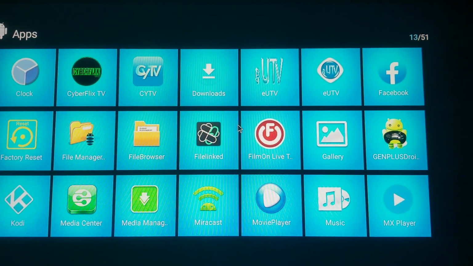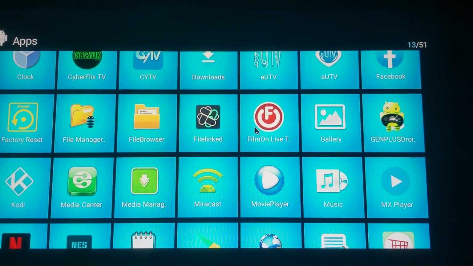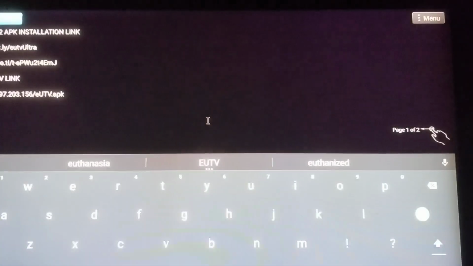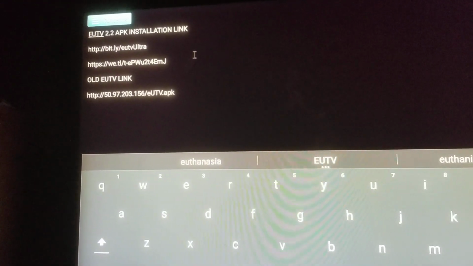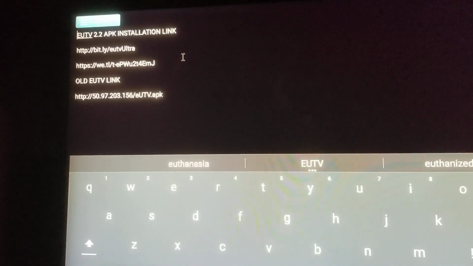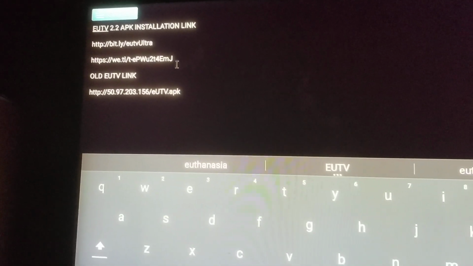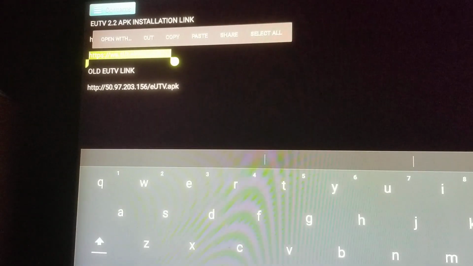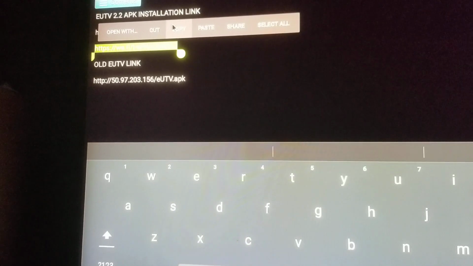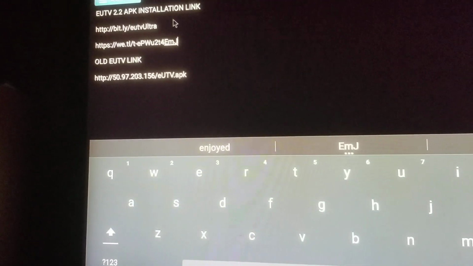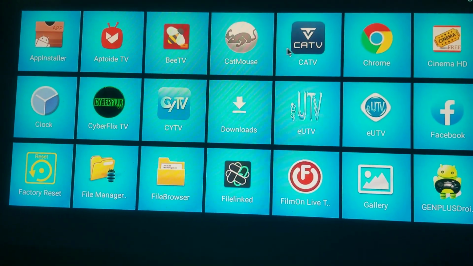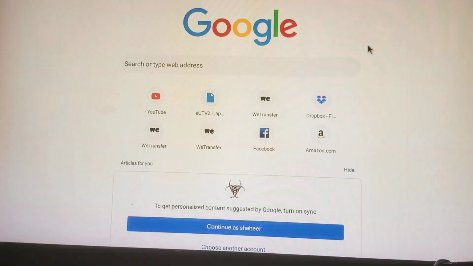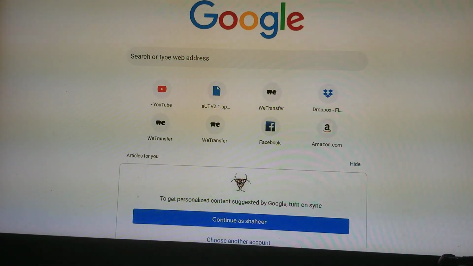Now, what I normally do is I give you guys a WeTransfer link, and that link takes you to the WeTransfer website so you can download the EUTV APK. So when I generate you a link, this one is currently active for 7 days. These WeTransfer links are active for 7 days, okay? I'm just going to copy and paste